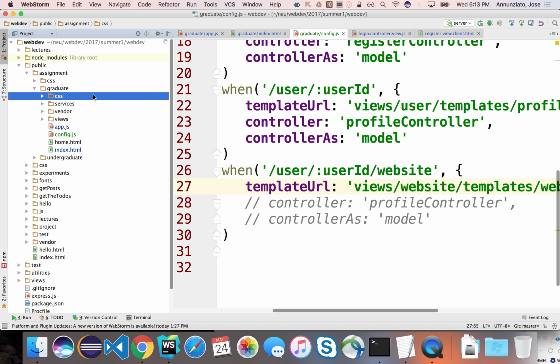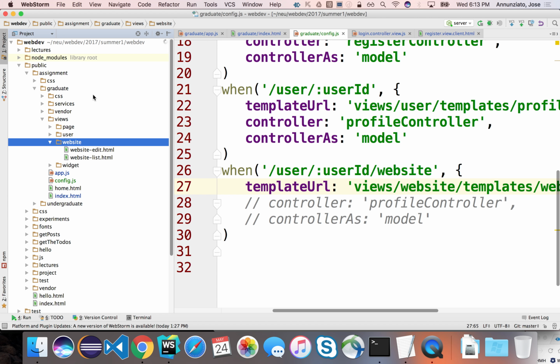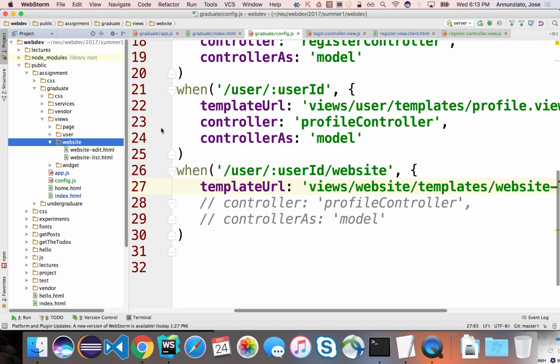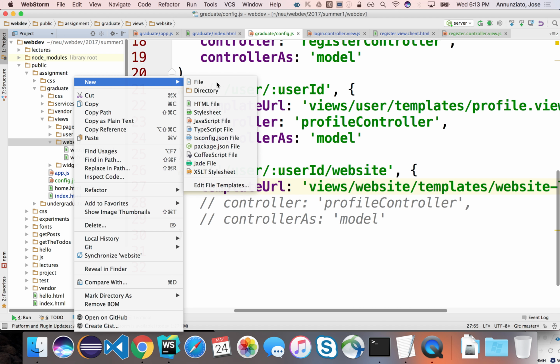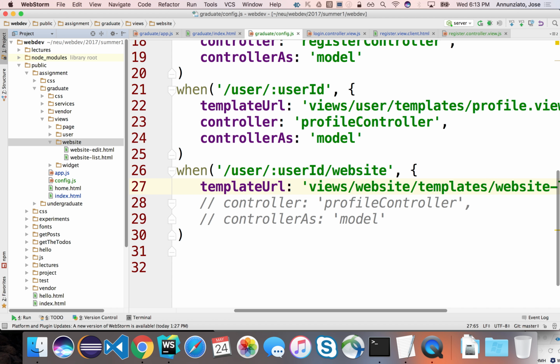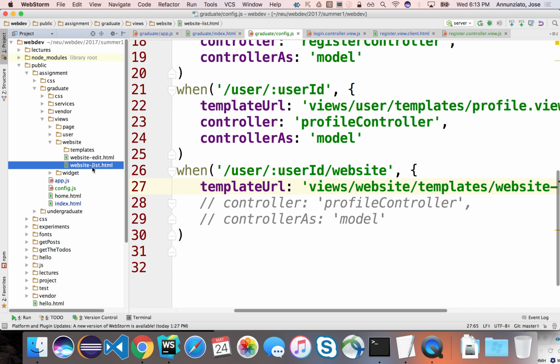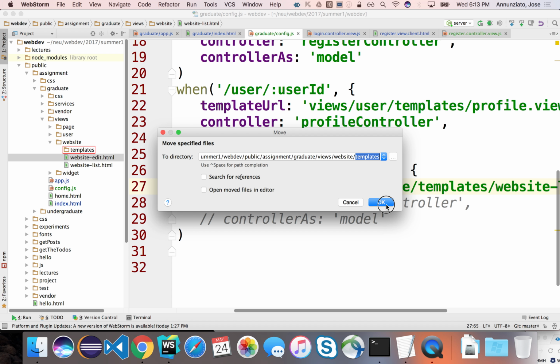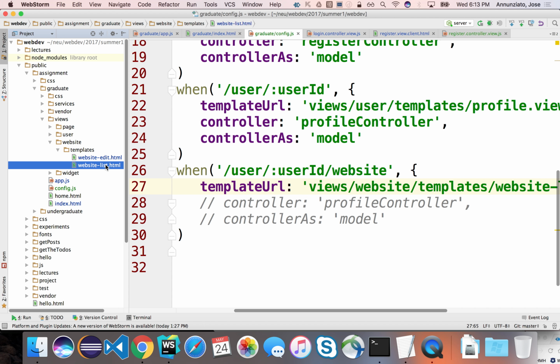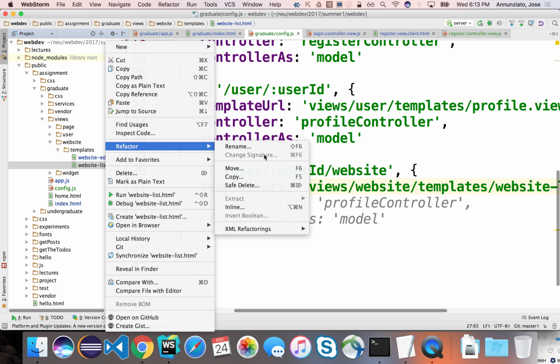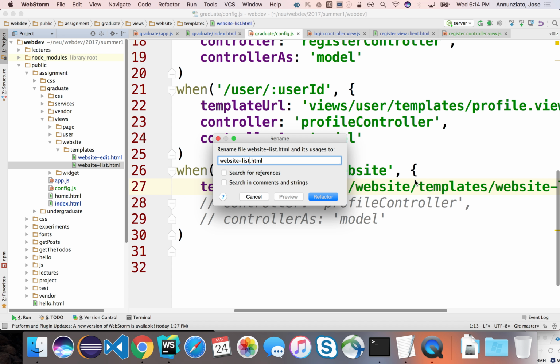Public assignment, graduate, view, website. Okay, so I think we need to put it in the right place. It needs to be under templates. So let's create a templates directory here, and let's move these two templates into the templates directory. And let's rename this to be, as the name suggests, website list dot view